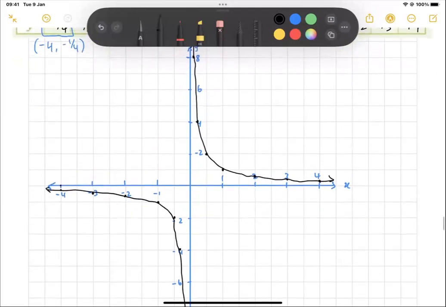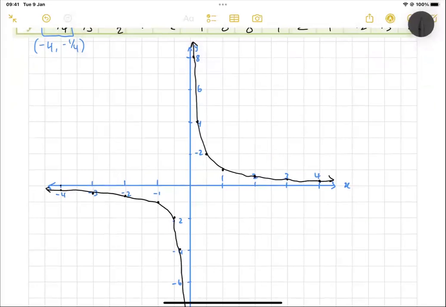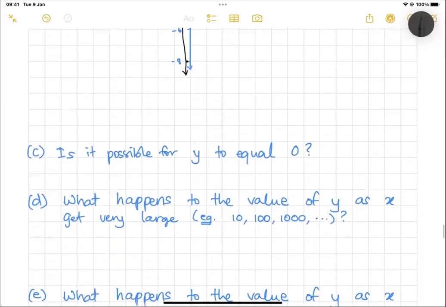Just like that. So my graph will look something like this. And one thing I need to do is I need to label it. This will be y equals 1 over x. All right, once I've done that, I'm going to go through my next question, which is, is it possible for y